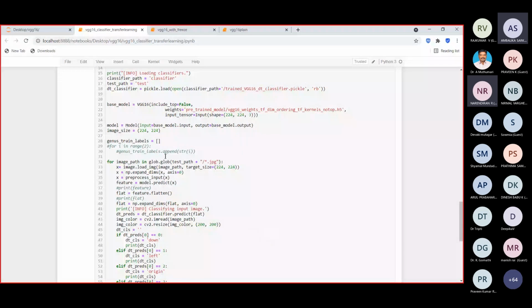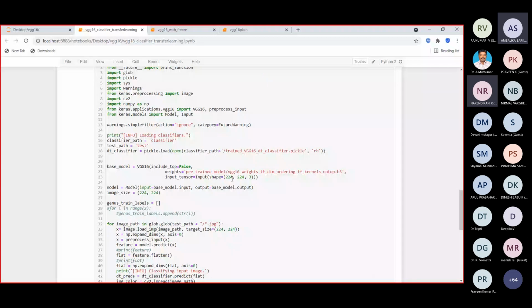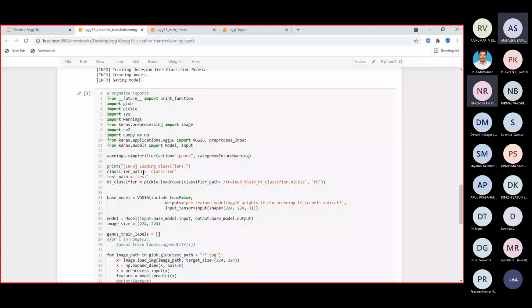Up to this, all of it is similar. Then you see here for loading the classifier, our own classifier, I'm giving the path here, and then for prediction, loading the decision tree classifier. Here is where the decision tree is added: dt predicts is equal to decision tree classifier dot predict of the flattened layer. So you see that it is predicting.